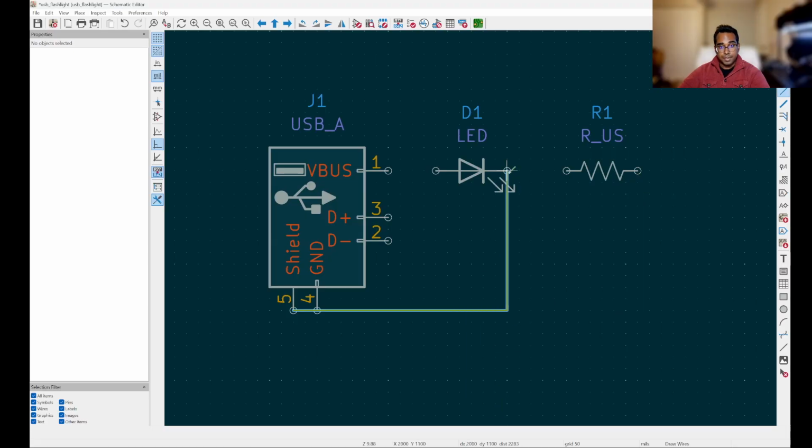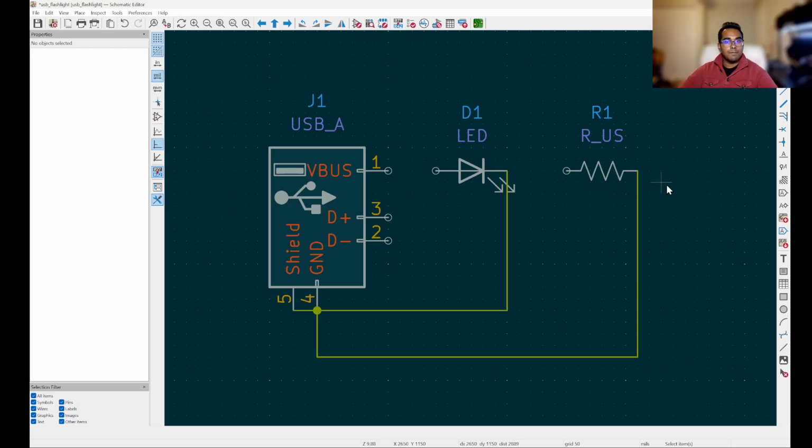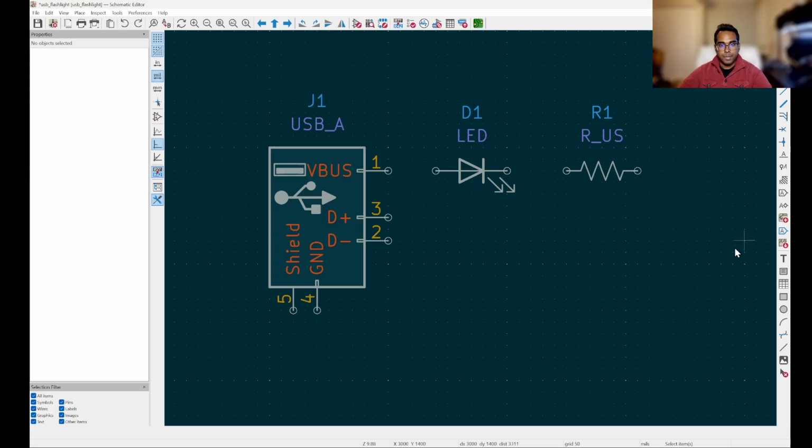I could do this, where I draw a line to the LED, and then I draw another line to the resistor. However, that gets very messy very quickly, and it's also sometimes a little bit hard to tell that all of these things are going to ground whenever you have a whole bunch of crisscrossing lines on your schematic. So what we can do instead, I'm going to press Ctrl-Z to undo those two lines,